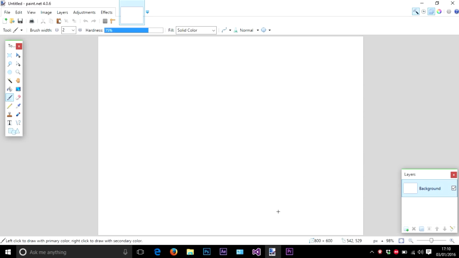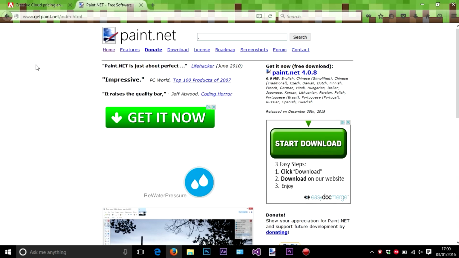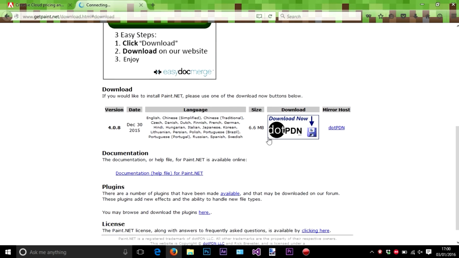So let's get straight into it. So, first thing you'll need, I'm going to try and keep this to the cost to the minimum. So if you can find a multi-layer editing software for free, then that's perfect. But the first thing we'll need is Paint.net. Now this is a free program, a tiny bit like Photoshop, that will let you edit and make images and